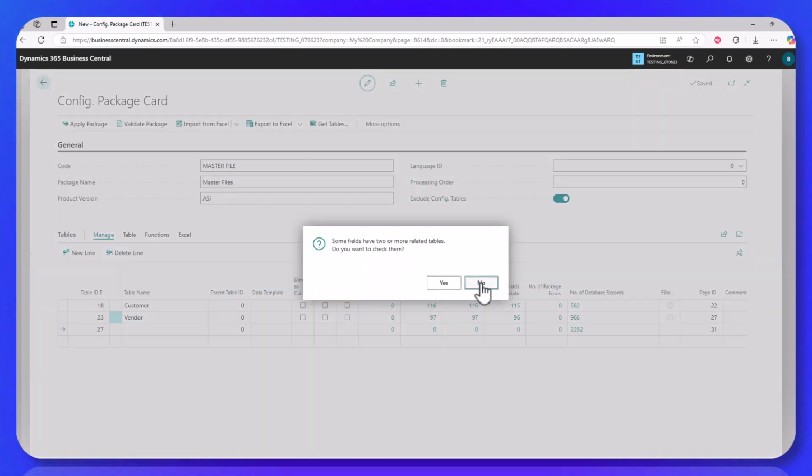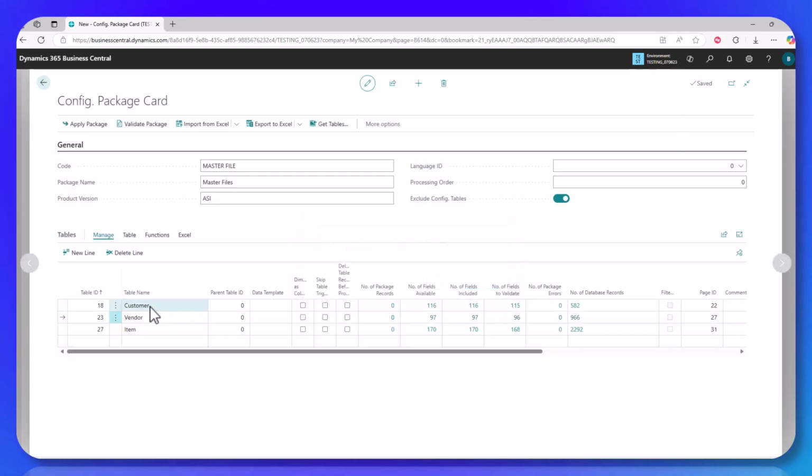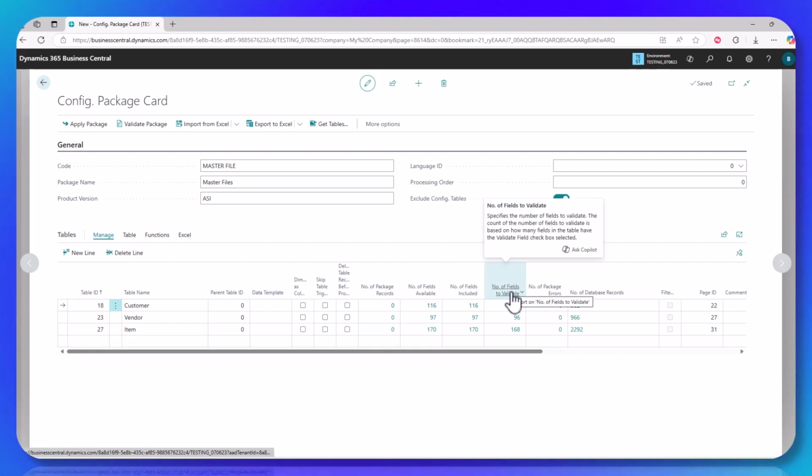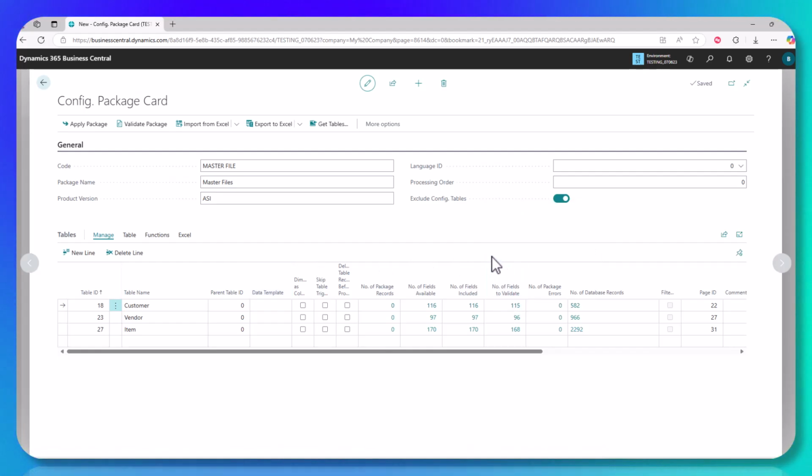Now once I've selected my tables, the next thing you're going to want to do is whittle down the number of fields available. In this case, I have 116 fields available in my customer table. I do not need all of that, so I'm going to whittle it down. You also have the number of fields to validate. You do want to leave the validation on. There are cases where we will turn this off. I highly recommend you leave it on